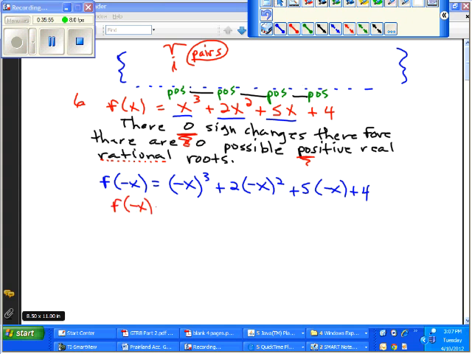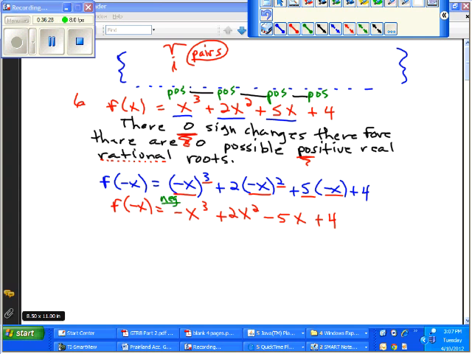Now, we're going to have f of negative x is equal to... When you take a negative number raised to the third, you get a negative number. When you take a negative number squared, you get a positive number. A negative times a positive is a negative number. And so we're using sign rules to find out the final sign. We replaced x with negative x and created a new function, and then we're going to look at the